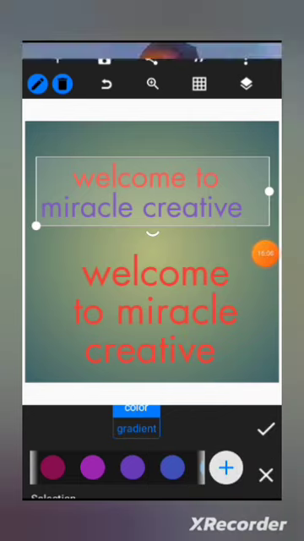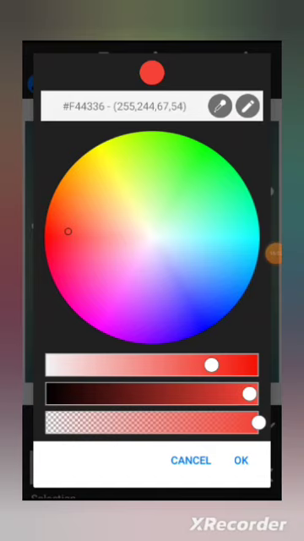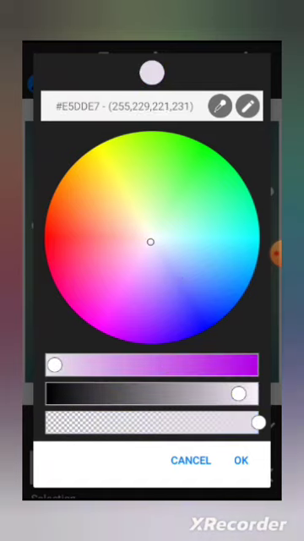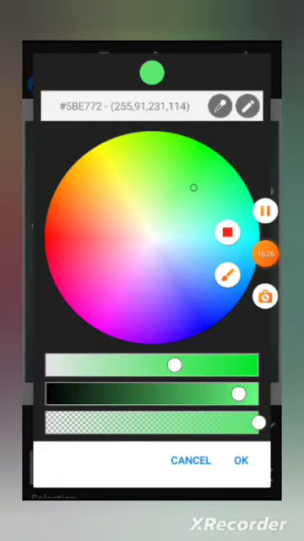Now if I click on the plus sign, it takes you to this color wheel, a very wonderful color wheel that you can do amazing things with. Now this color wheel, you can add colors, reduce the contrast, increase the contrast, anyhow you want the color to be, depending on your design and depending on your taste. Now we also add colors